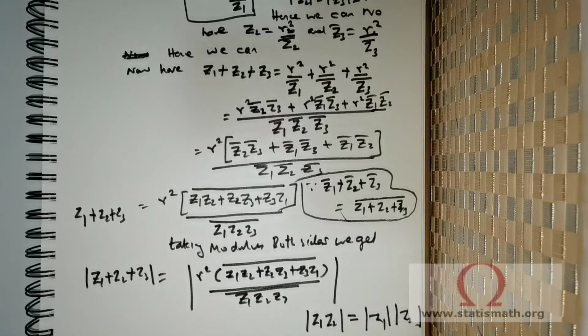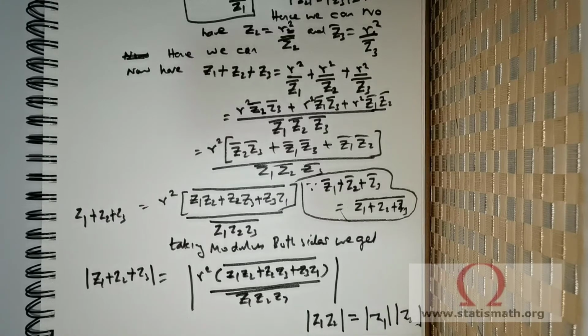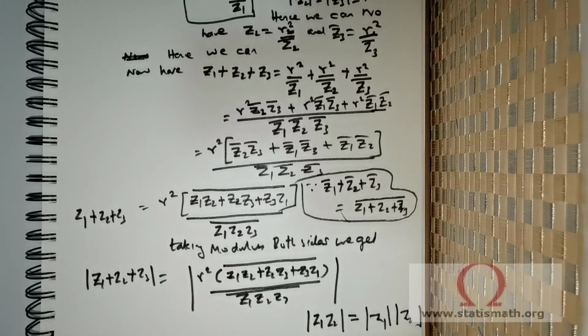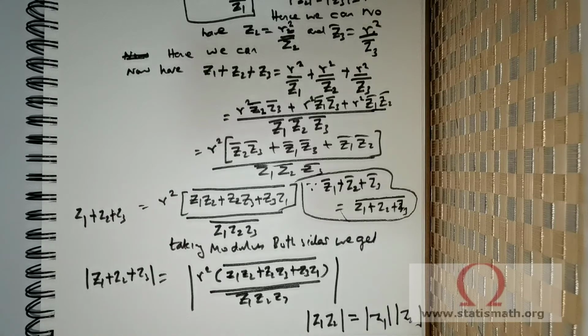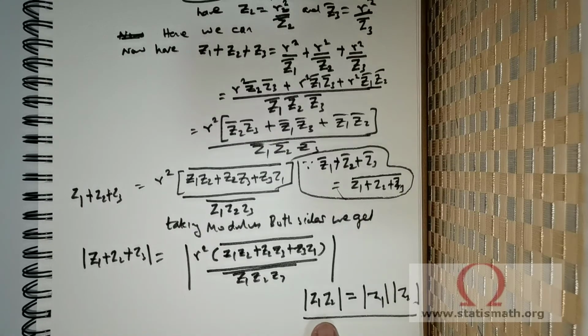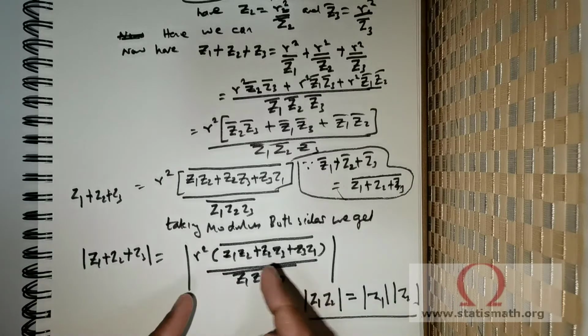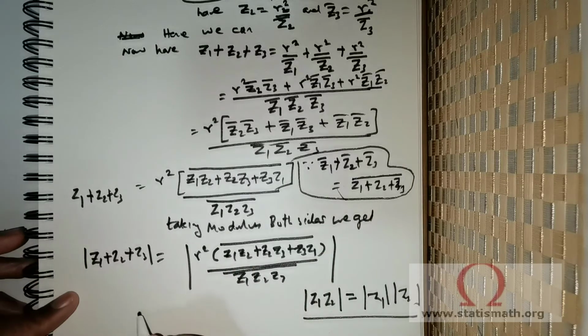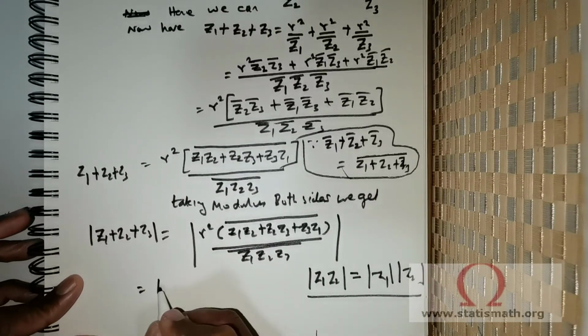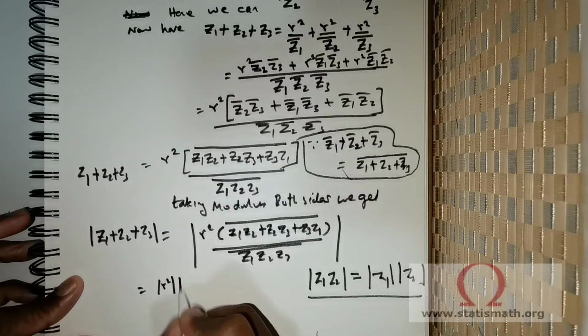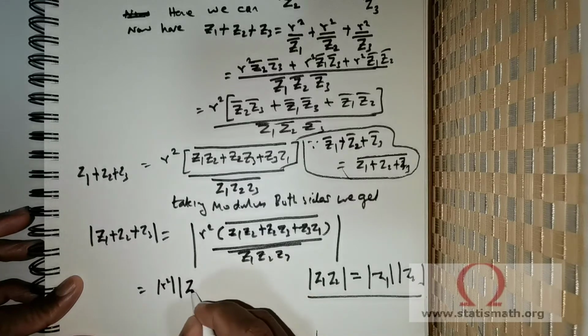So I can always write like this. Okay, remember that. So what I'm going to do, I'm going to use this property, that the modulus of z1 z2 is equal to the product of the moduli. So by this property I'm going to break this. This is going to be equal to modulus of r squared times modulus of z1